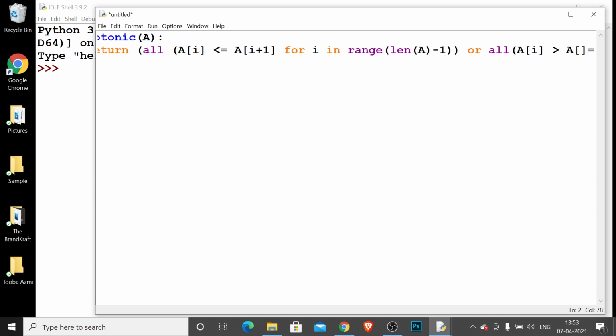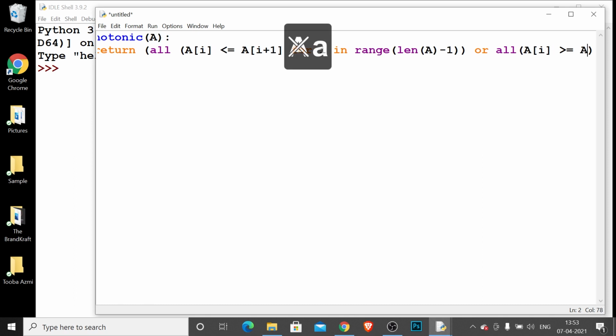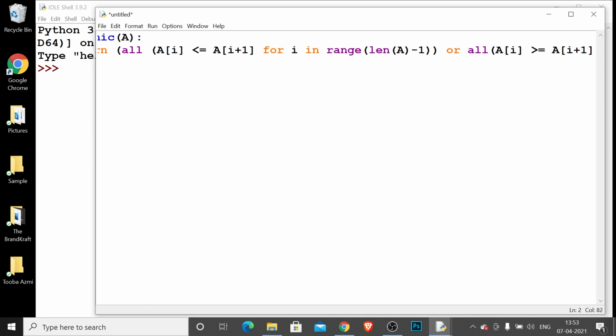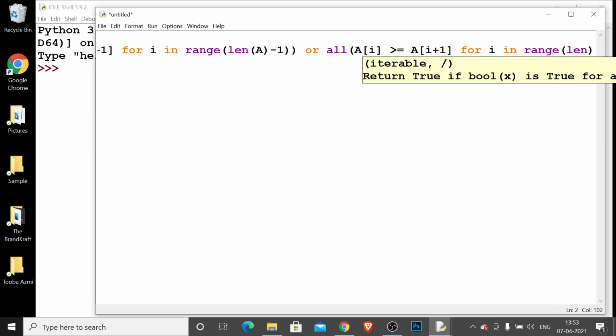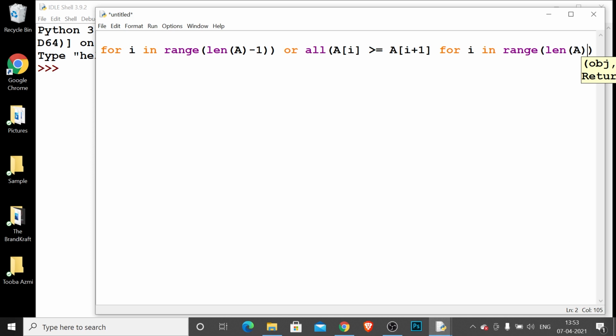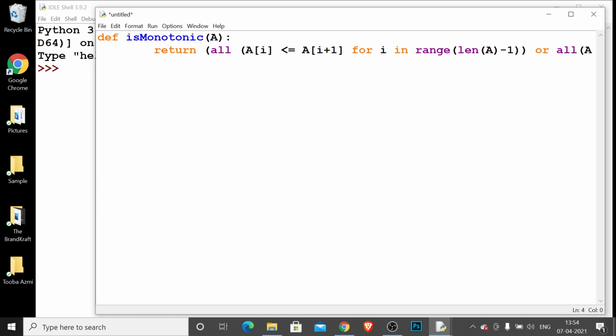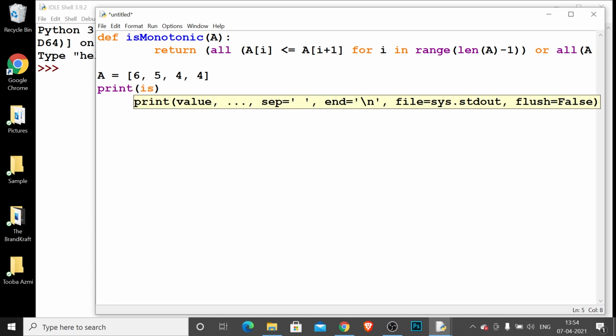A[i + 1] for i in range(len(A) - 1))), then next line, A = [6, 5, 4], then print(isMonotonic